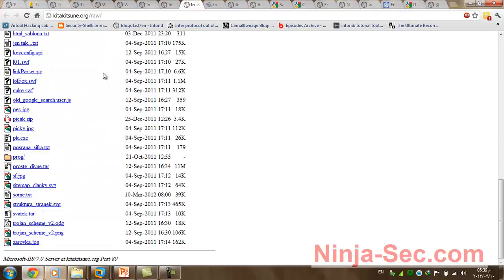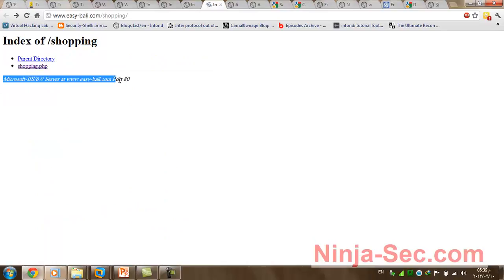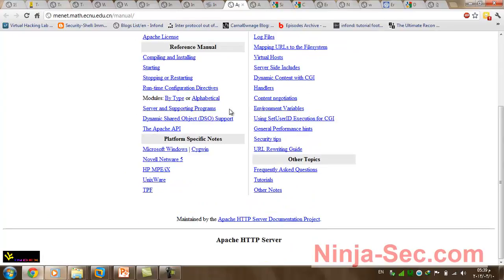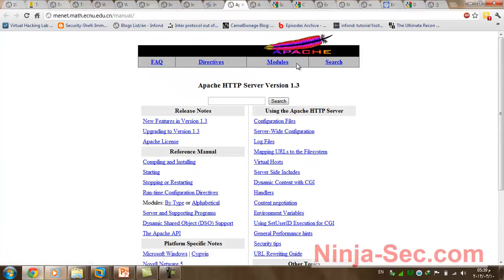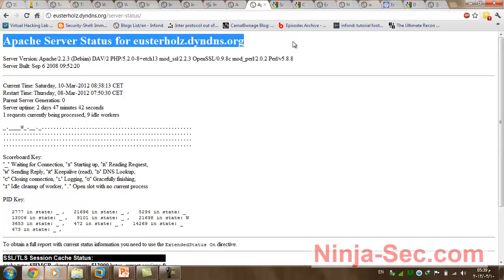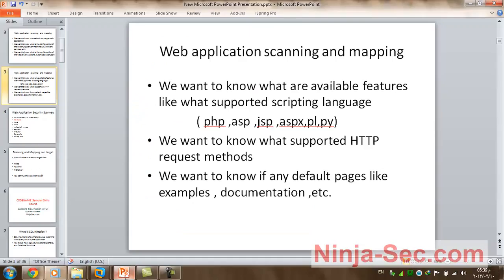Okay, and here is the same thing here, and here also, and here you can read Apache HTTP server version, and you can here find many information here, like modules, directives, and search and faq, and many documentation files and examples. And you can see here also a misconfigured Apache server. You can see here server status here. Okay,